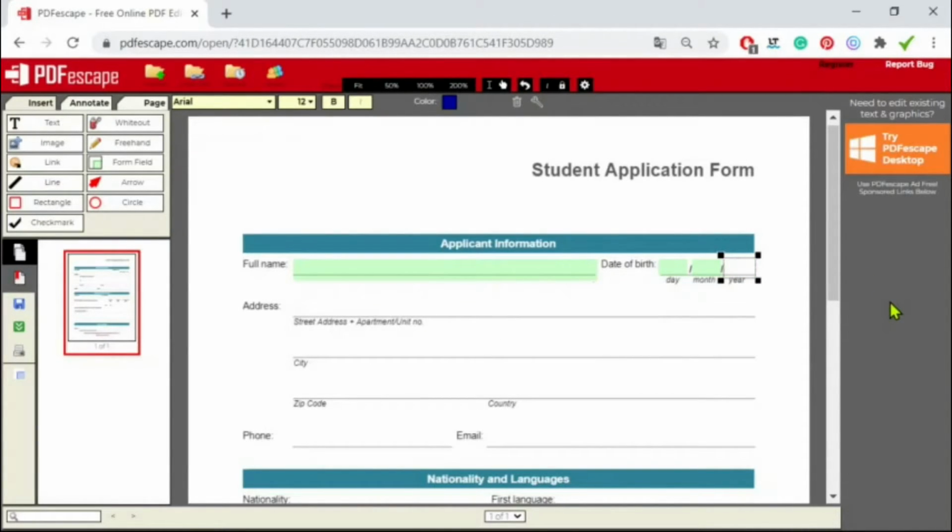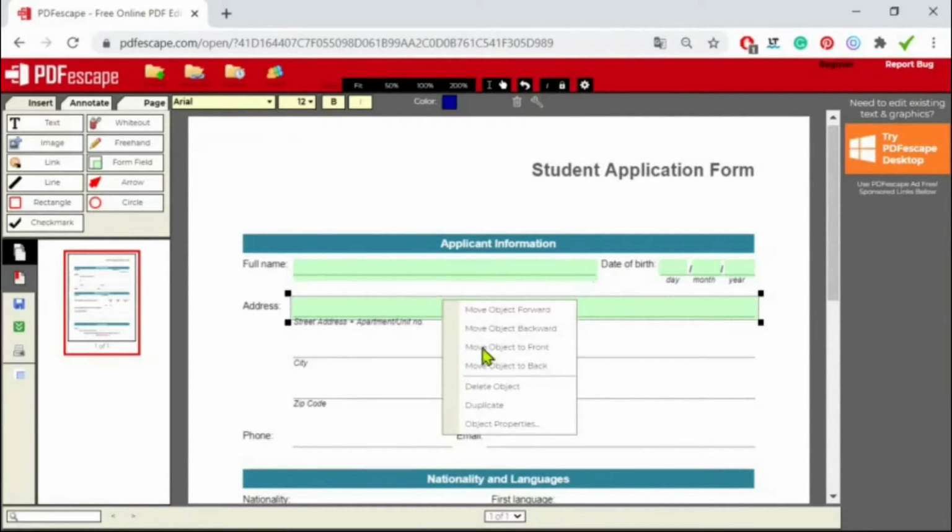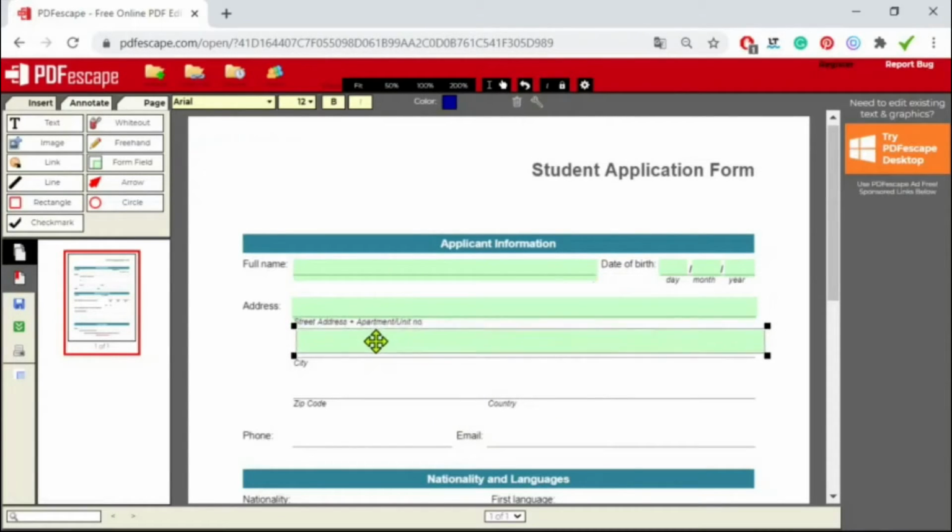The next field on my form is the address. I want to keep the exact same settings that I have used in the name box, so that's the one I'm going to duplicate. So right click, hit duplicate, and click and drag. I'm going to resize it. I will duplicate it for the city too.